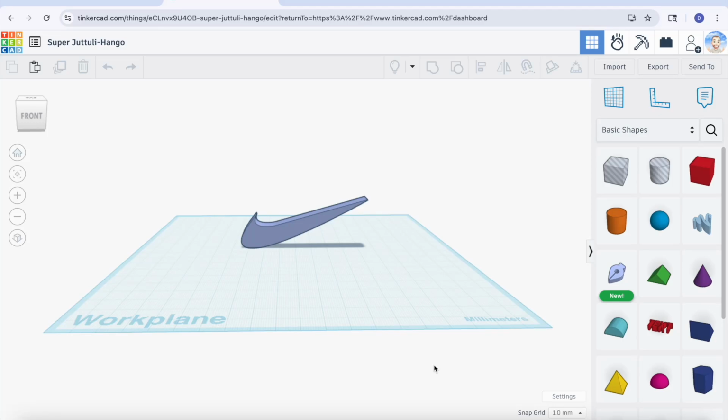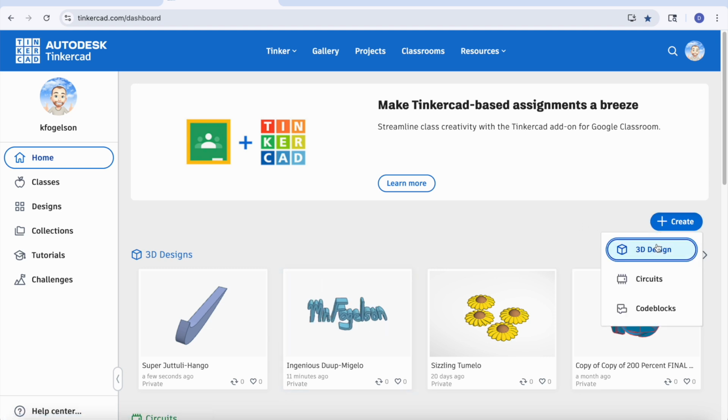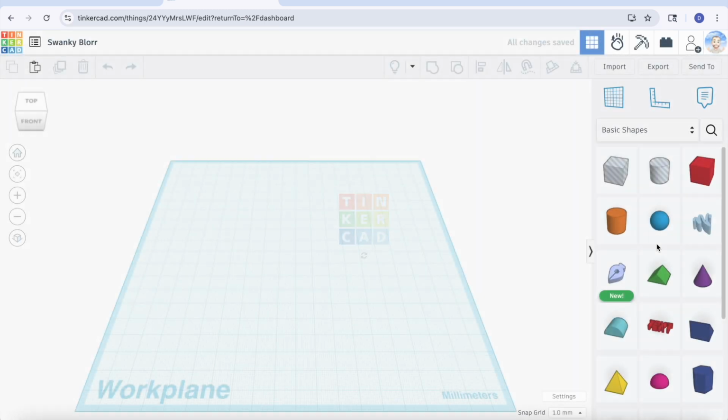So we finished 2 out of the 3 useful tool lessons. So I'm going to click on the Tinkercad logo and get to the home screen. There's the Nike logo with the sketch tool. There's the Mr. Fogelson with the scribble tool. And I'm going to go ahead and hit the plus create 3D design to get our last document open for